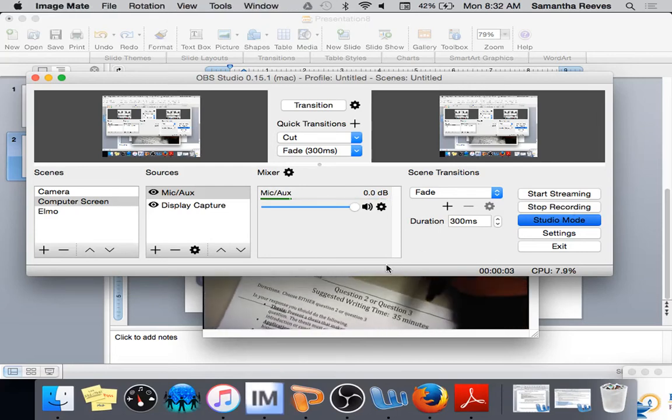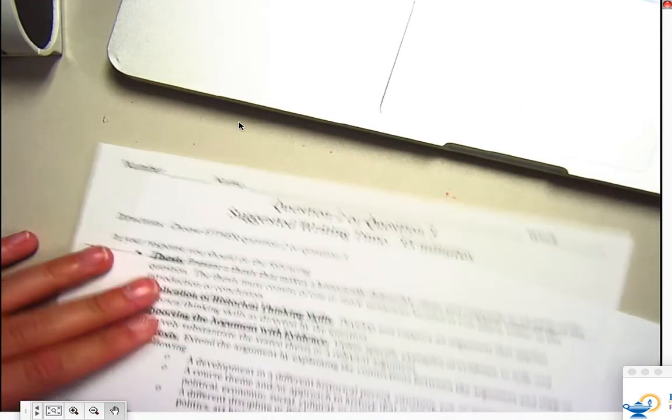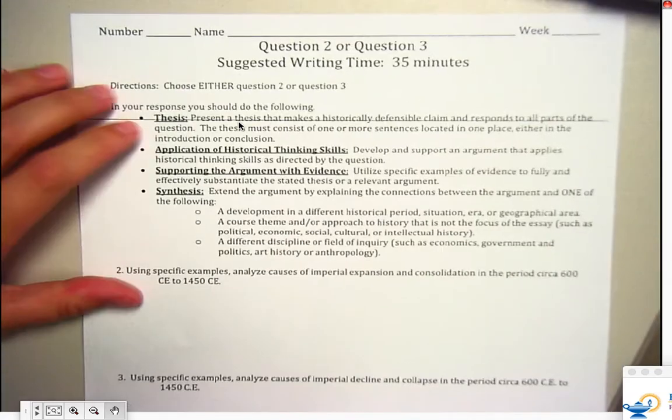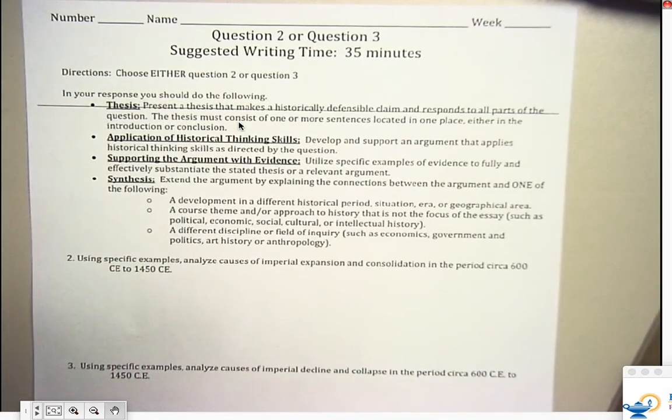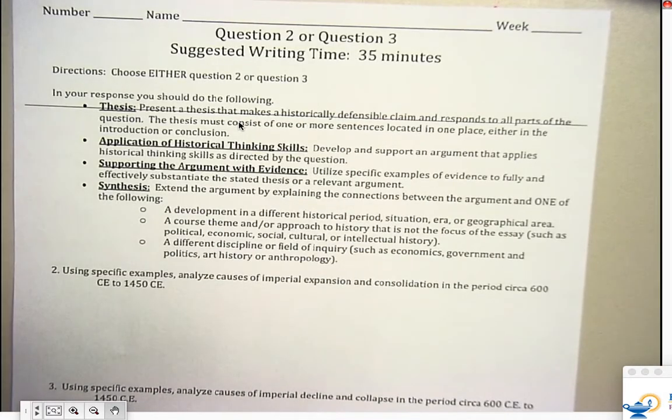So everyone should have in front of you a sheet of paper that says questions 2 or 3. Please take it out. The reason it says question 2 or 3, suggested writing time 35 minutes, is because I'm letting you see what the actual prompt is going to look like on exam day. Does that make sense? So how the exam is going to look on Saturday when you do your first mock exam, on the 29th when you do your second mock exam, and on the 11th is you're going to do